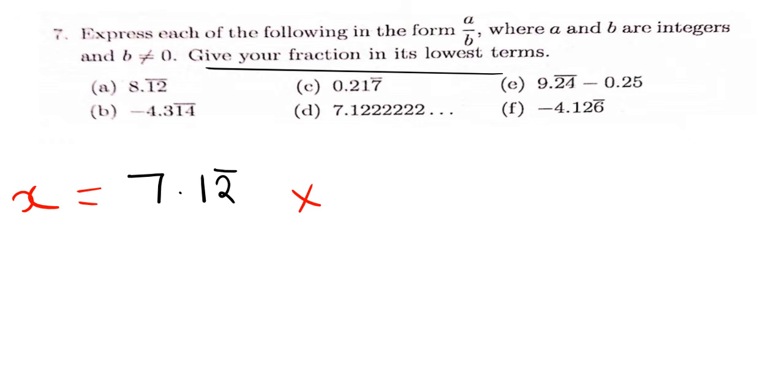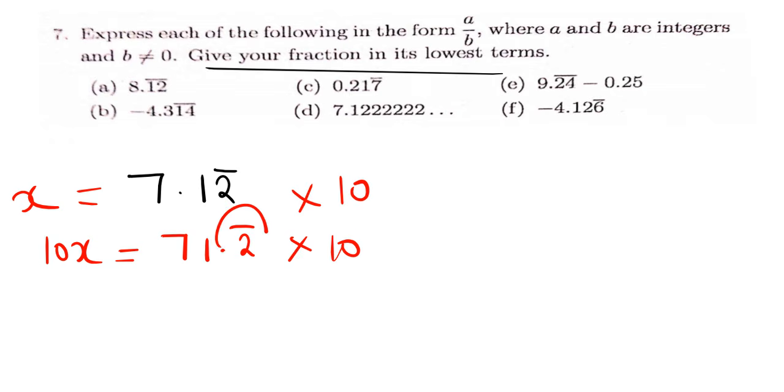Then I'm going to multiply by 10 on both sides, because first I want the point to move close to the number that is repeating. So here I'm just going to multiply by 10 first. I'm going to have 10x equals 71.2 repeating. Then from there I'm going to again multiply by 10, because now I want to move the point for the final step. So I'm going to have 100x on this side, which equals